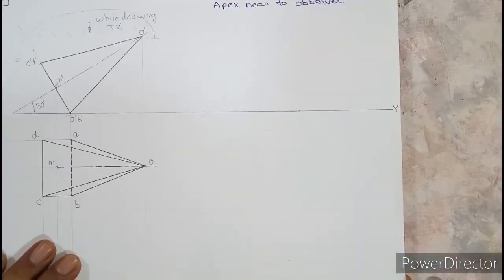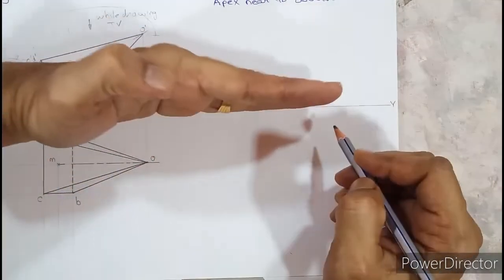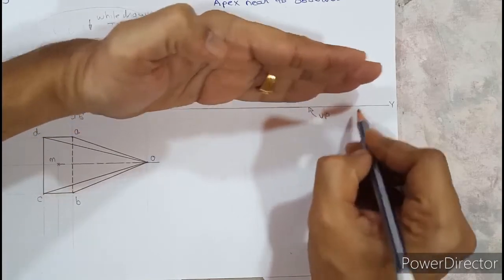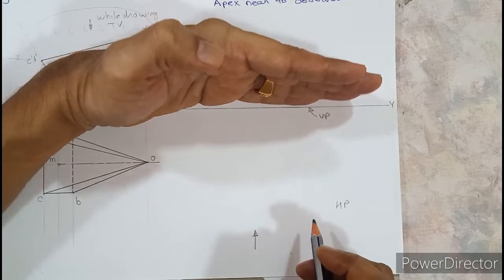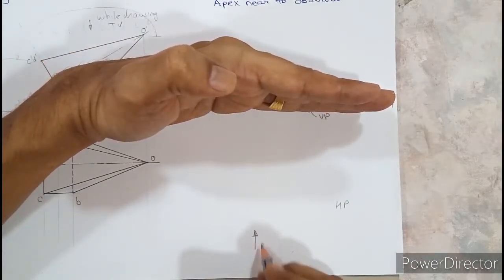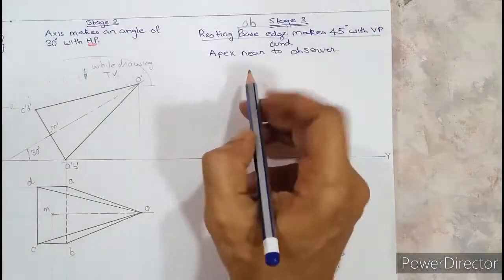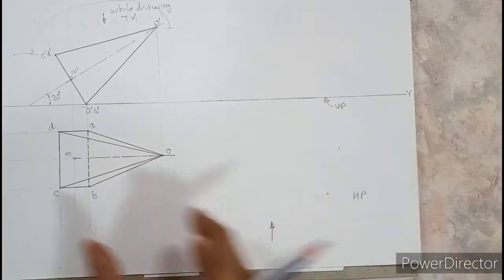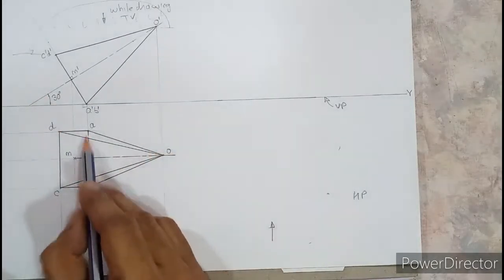It's clear that we are going to draw the top view. For top view, you know that my hand is the vertical plane, so I'll write down this is VP. The space below VP is HP, and the observer has to be here. So the V plane comes first, the object comes later on, and at the bottom you have an observer. Now read the next part of the question: apex near to observer. Without changing the shape and size, you need to tilt this diagram such that AB makes 45 with VP